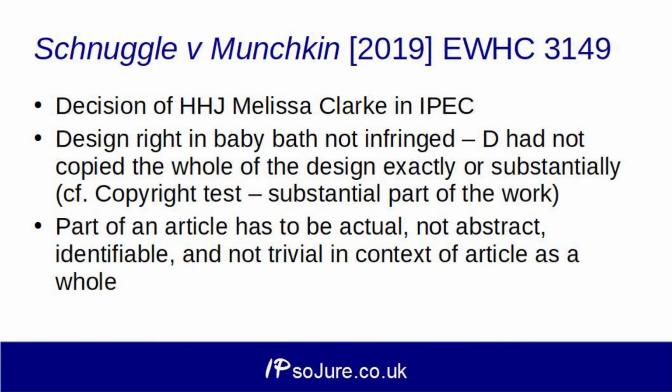We've got one design right case. It's a judgment of Her Honour Judge Melissa Clark in the Intellectual Property Enterprise Court. As I'm sure you're aware by now, although IPEC is specifically designed for small claims, it is certainly not limited to unimportant claims, and there have been some very influential cases which have come out of it. Having said that, I don't think this is one of those really important cases,